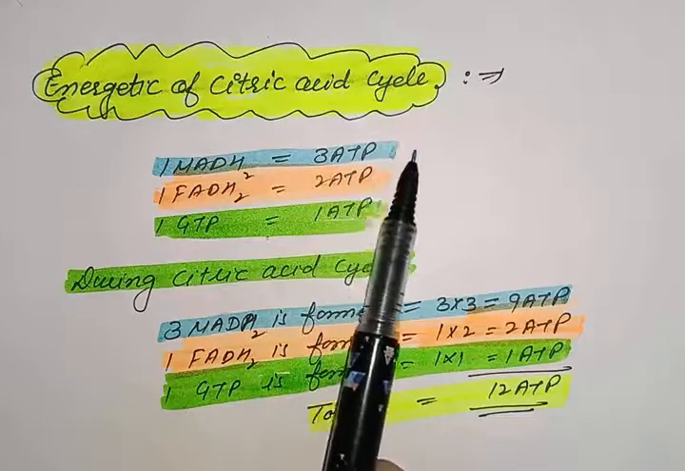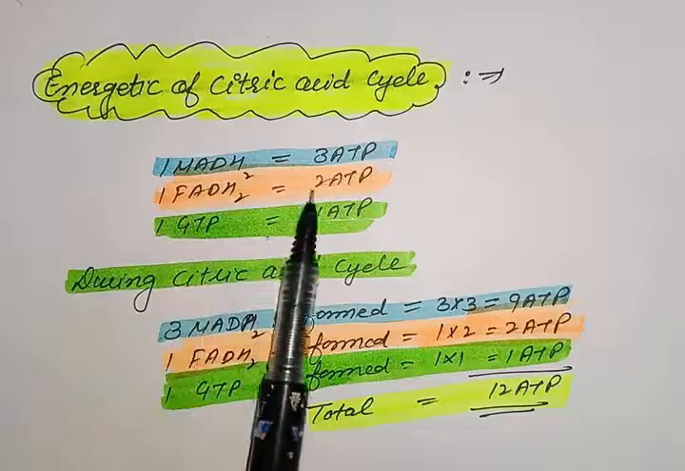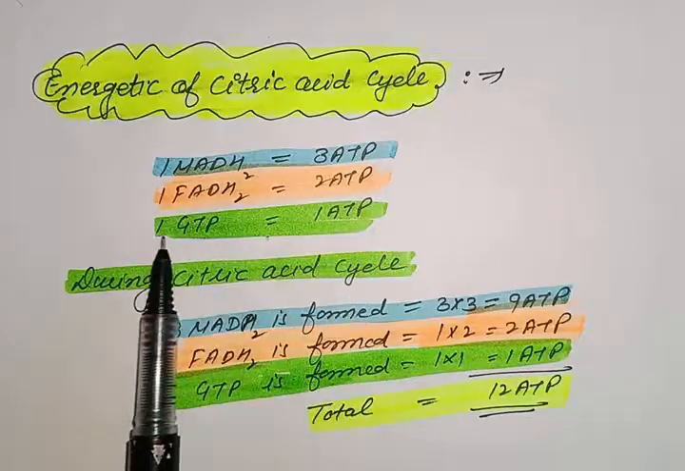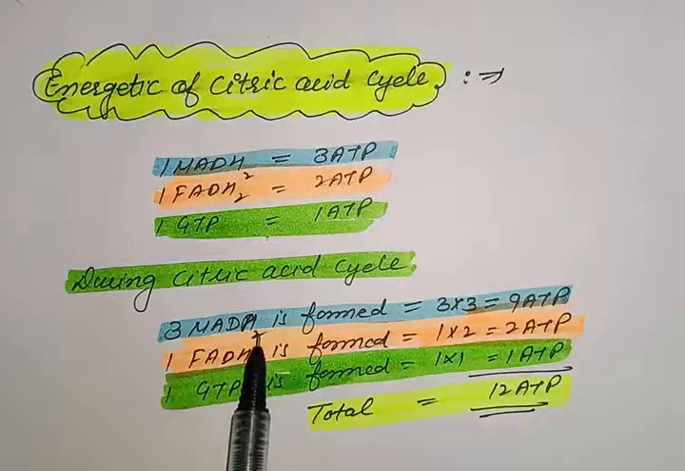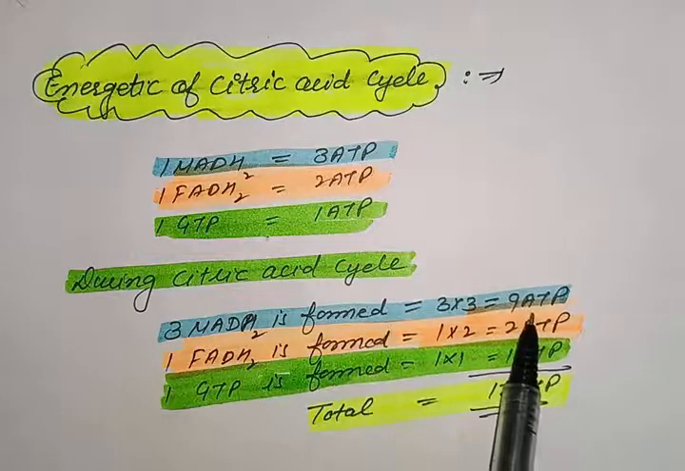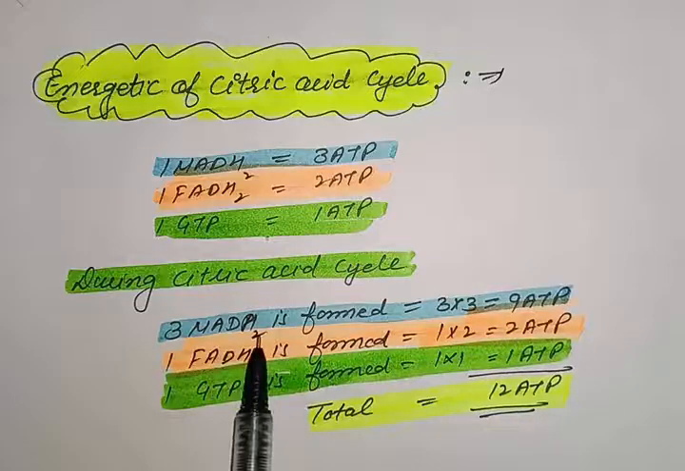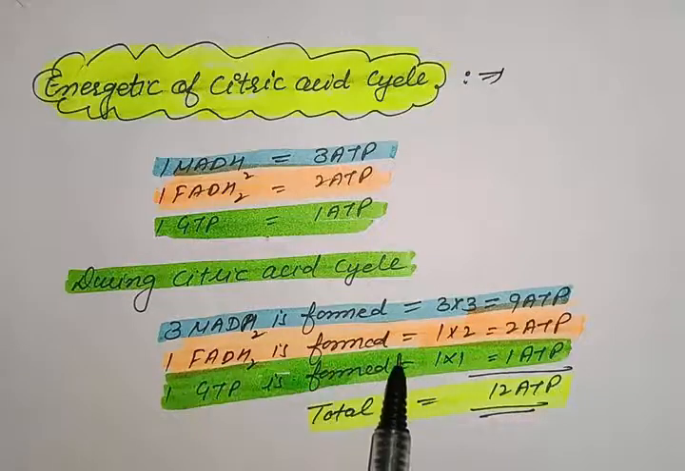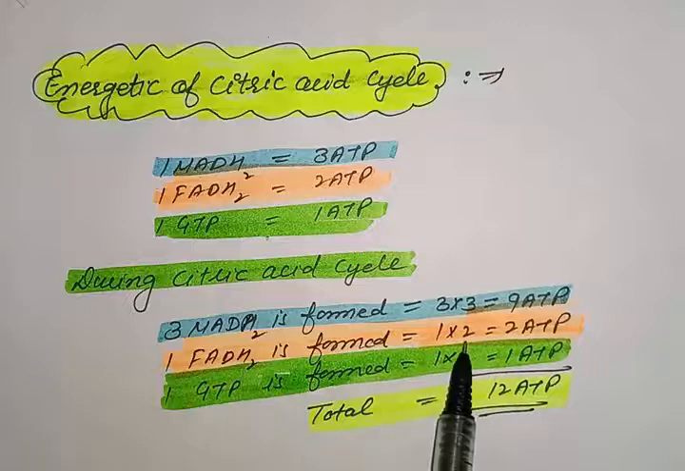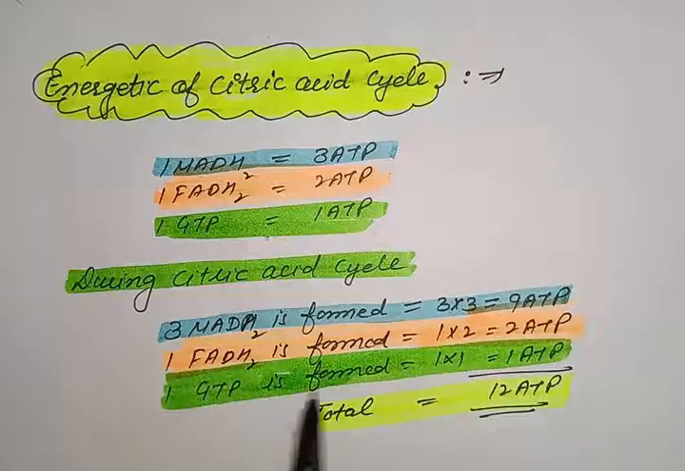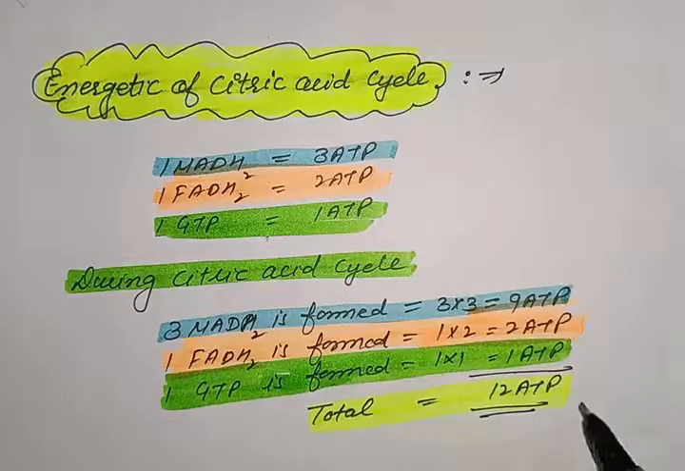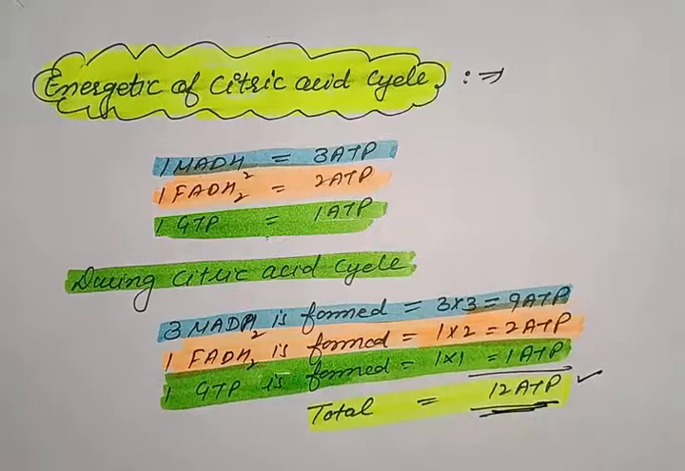Next one is the energetics of citric acid cycle. Energetics means the total number of ATP molecules formed during the citric acid cycle. We know that one NADH2 is 3 ATP, now these days it is taken as equal to 2.5 ATPs. One FADH is equal to ATP molecule, and one GTP is equal to 1 ATP molecule. So 3 NADH2 are formed during the citric acid cycle. So total 9 ATP molecules are formed by the NADH2. One FADH2 molecule is formed. So one FADH is equal to 2